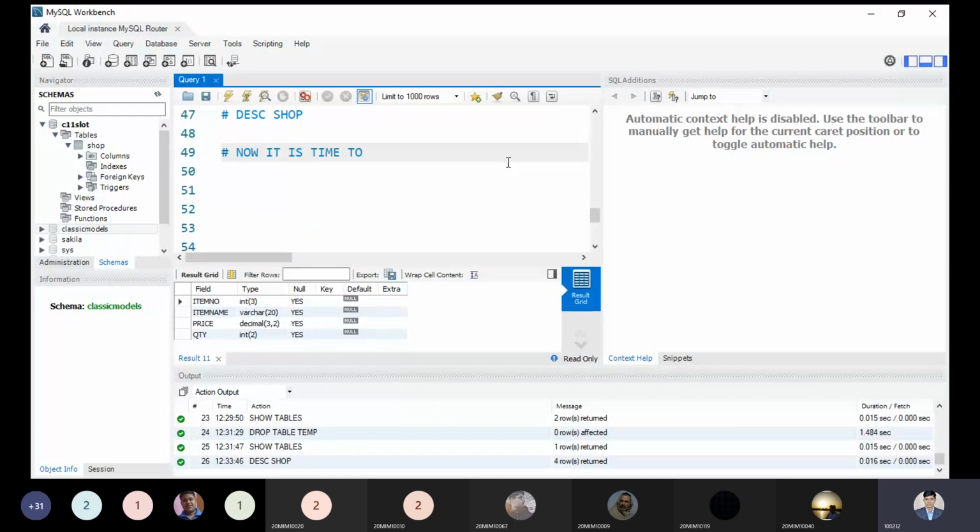Now it is time to alter the table. Alteration can be done on the table.